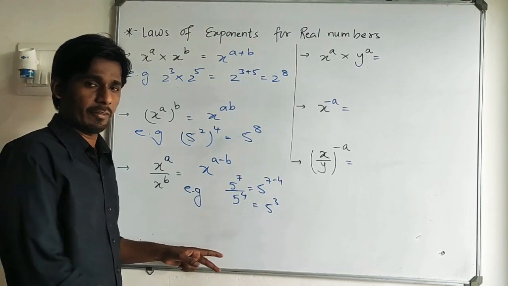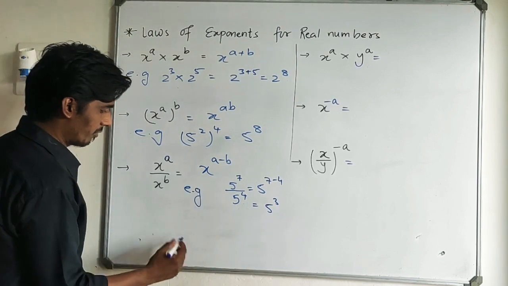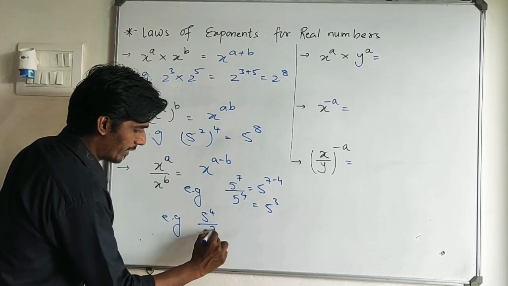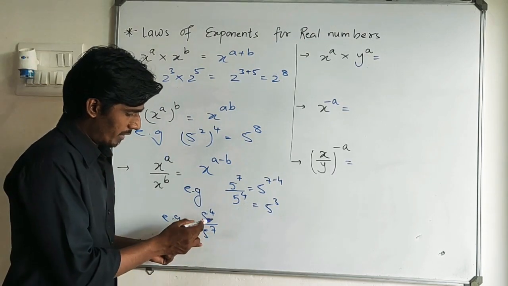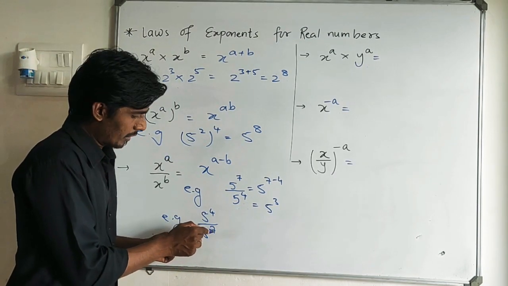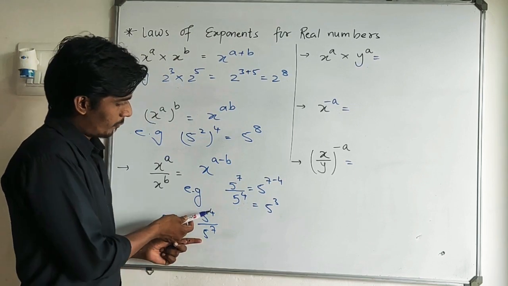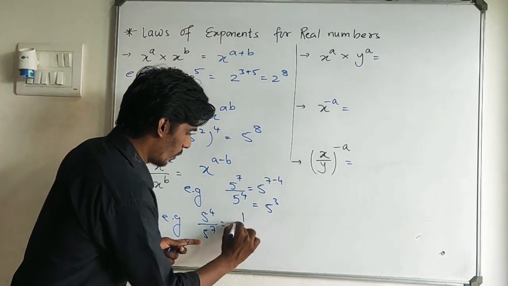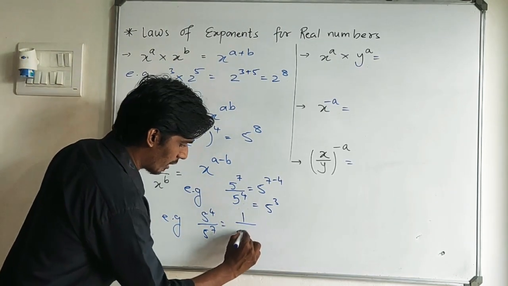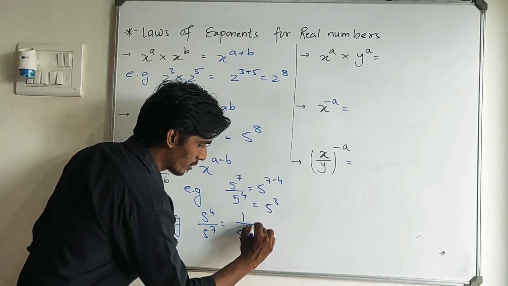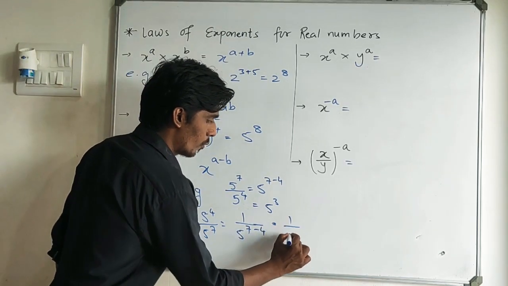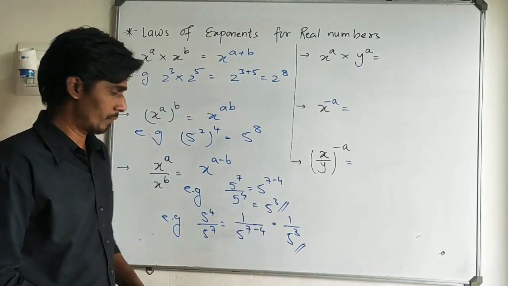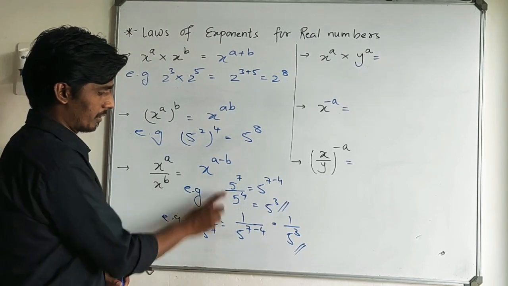Now let's take the example if the denominator power is greater. Let's reverse this thing. Example, 5 raised to 4 by 5 raised to 7. So now it's better to take 4 to the denominator than 7 to the numerator. Means 4 छोटा पावर है तो वो बड़े पावर के पास जाके माइनस होगा. So 1 upon ये पूरा नंबर नीचे जाएगा तो क्या हो जाएगा? 5 raised to 7 minus 4, and this is equal to 1 upon 5 raised to 3. So this is the way we can get two answers for almost the same type of numbers.